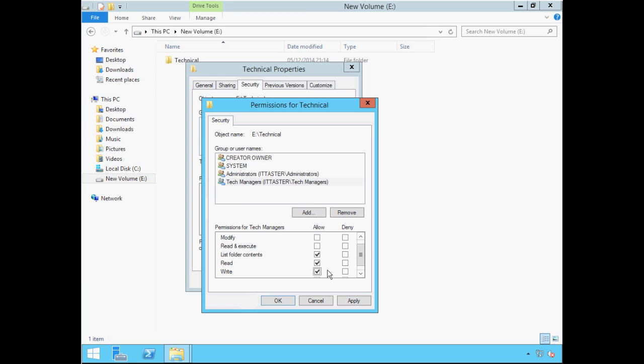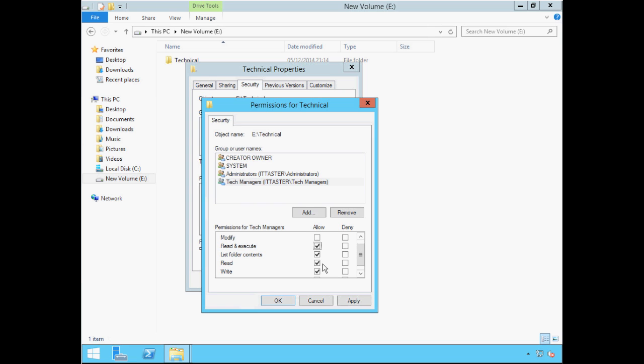The next permission is read and execute. I'm going to remove the read permission I previously set, and notice when I tick read and execute, read is automatically ticked again, and this is because read and execute is a combination of the read permission we've just covered and execute permission. We have read permissions exactly as before, but we're able to execute files, launch files by clicking on them and navigate through subfolders.